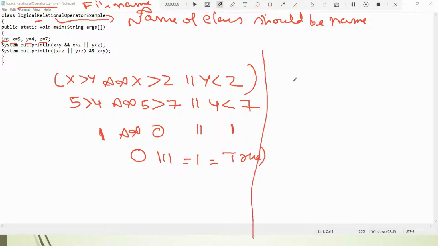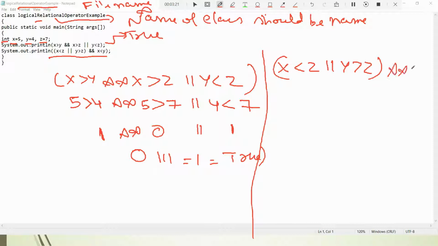Okay, let us see the second case. In the second case, x less than z or y greater than z, inside the bracket, and x less than y. Inside the bracket, whatever is there, we need to evaluate it first. So x is 5, less than 7, or y is 4, greater than 7. And x less than y, which is nothing but 5 less than 4.